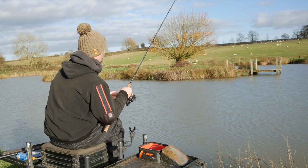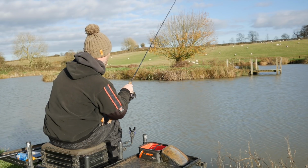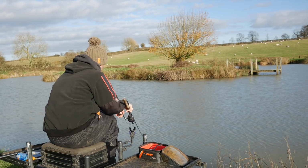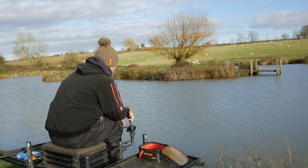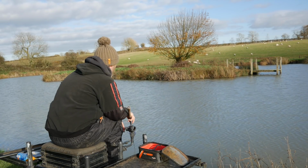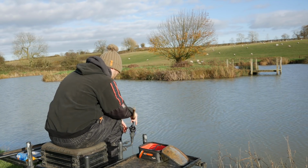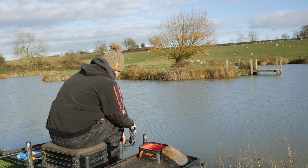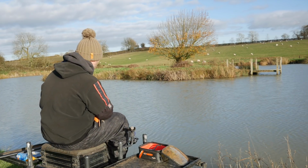I know it's quite early on in the session, but I'm itching to have a cast just where I've been feeding that bait. Tell you what, it doesn't feel that shallow there. It feels probably maybe 3 foot deep up against that island. Got a little bit of room to go a bit closer as well. That's a couple of foot away from that island there. So let's just see